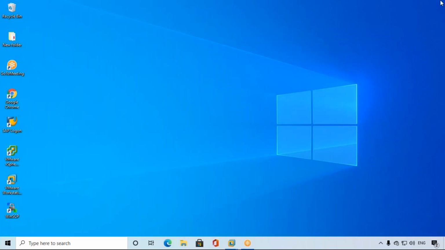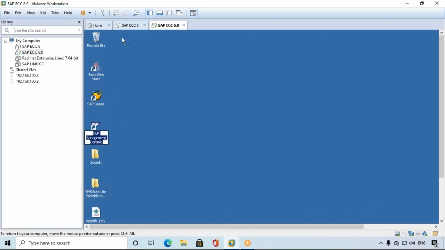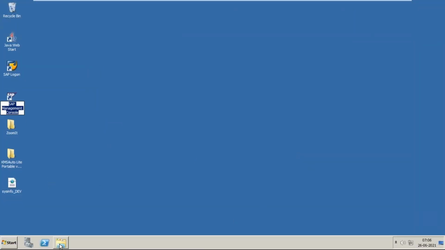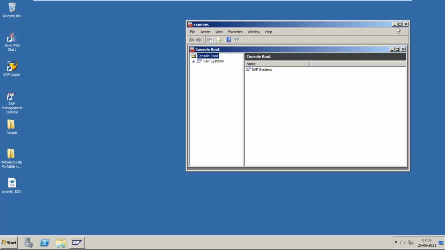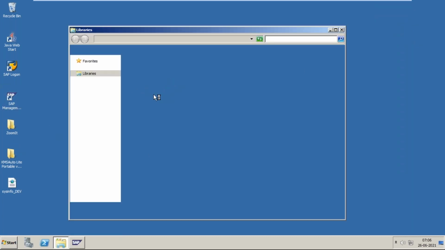Okay, so let's continue from the last session. In the last session, we discussed the profiles. Profiles are stored at OS level whenever we install SAP, just like whenever we install the OS. For example, if you take this system, this is an SAP install system. On a Windows 2008 server, we installed SAP. In the C drive we have the OS, and in the D drive we install SAP.